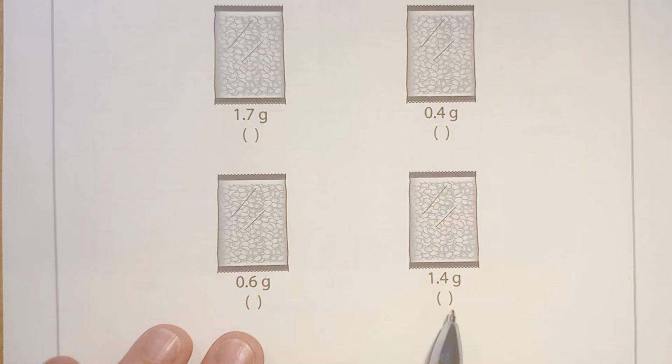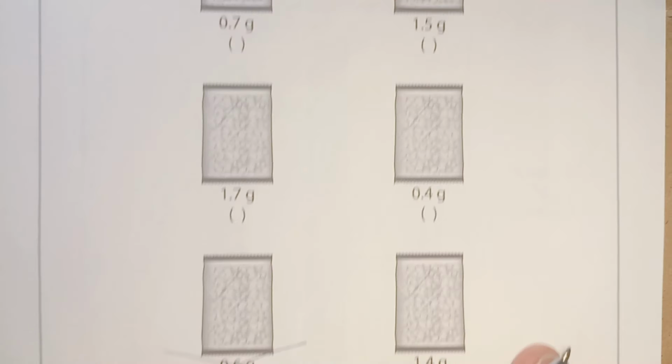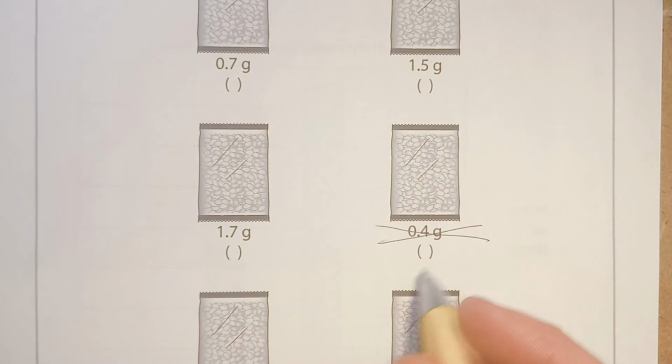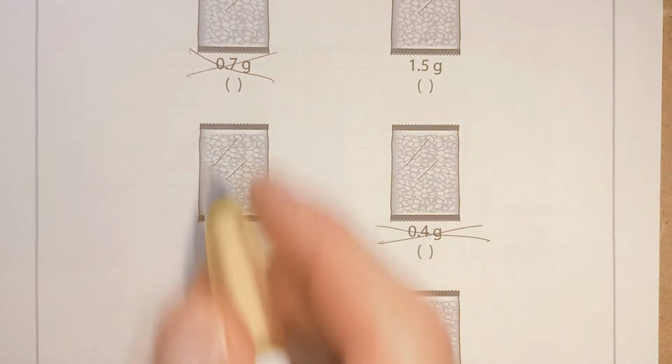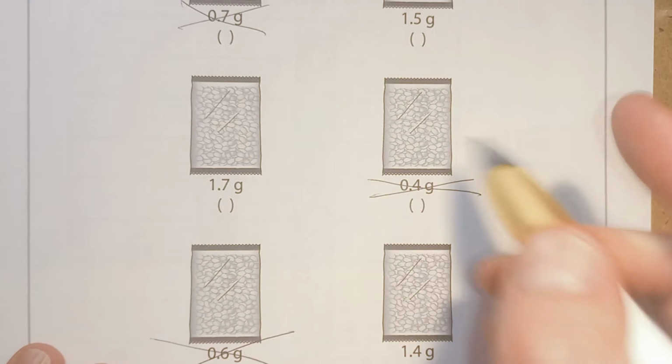Now what I've noticed with some of these is that some are starting with a 0 and some are starting with a 1. If we want the most amounts, well, the ones with a 1 are going to be more than the zeros. So, can't be that one, can't be that one, and it can't be that one. So we've got, can I fit them all in? Oh yeah, just about. So we've got 1.5,